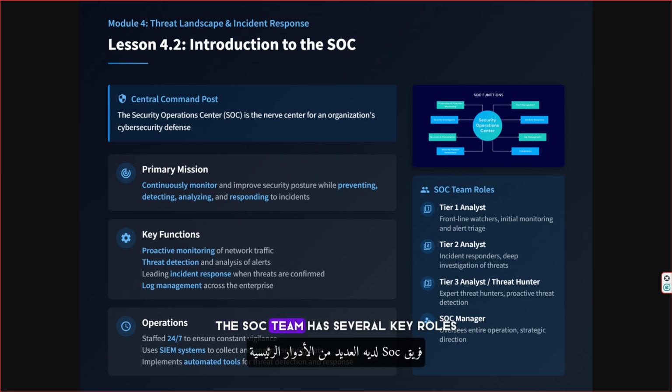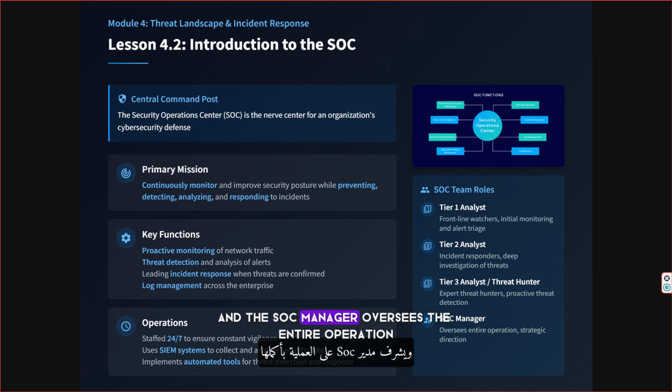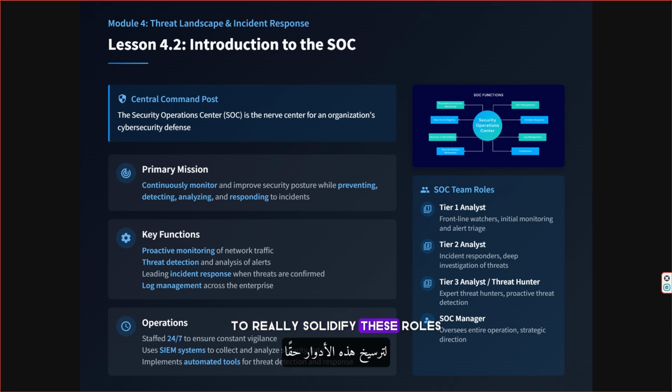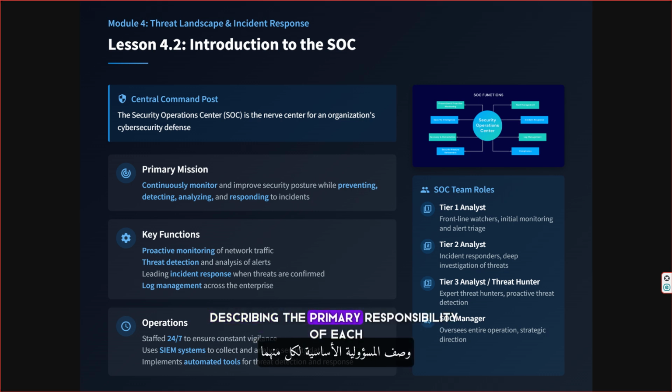The SOC team has several key roles: the Tier 1 analyst, the Tier 2 analyst, the Tier 3 analyst or threat hunter, and the SOC manager oversees the entire operation. To really solidify these roles, here is an activity to try. Here is your activity. List the key personnel roles in an SOC and write one sentence describing the primary responsibility